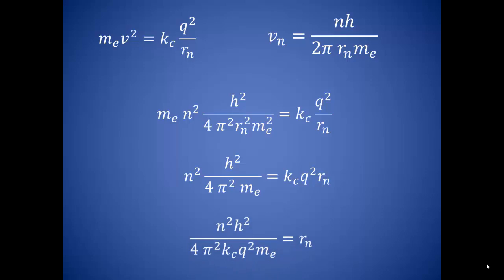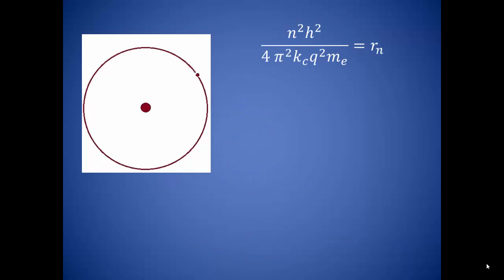What we have here is the radius of Bohr's stable orbits. If we plug in our numbers for hydrogen, we get a radius of an orbit for its electron of about 5.3 times 10 to the negative 11th meters, which is the actual measured size of hydrogen. It gives us a perfect equation for the size of the hydrogen atom. Now this equation works for any hydrogen-like atom. What this means is that an atom that has any number of protons and neutrons, but only one electron, this will hold true. Granted, this doesn't happen very often.